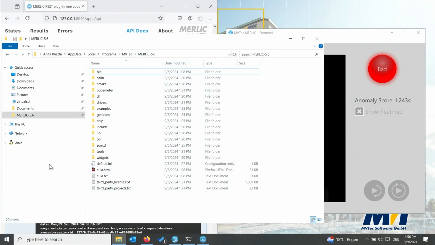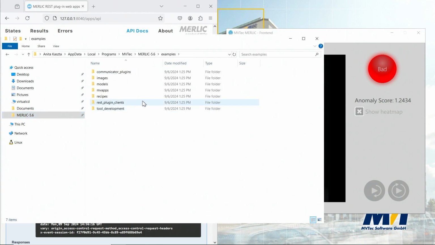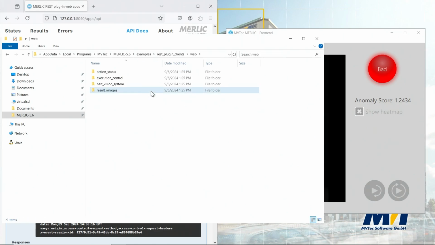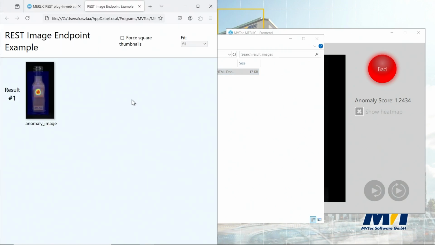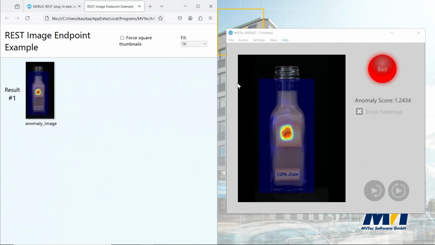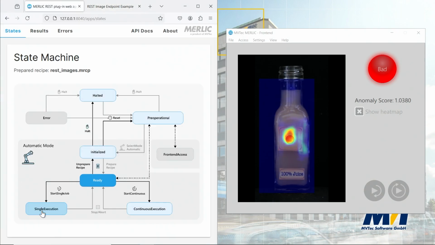Additionally, with this new feature, we also provided a new example of a REST client. For this, open the MERLIC installation path, go to Examples, REST plugin clients, Web, and then Result Images. Open the web application where you can see all of the image results from your application. Now let's do a few single executions to see how our application works